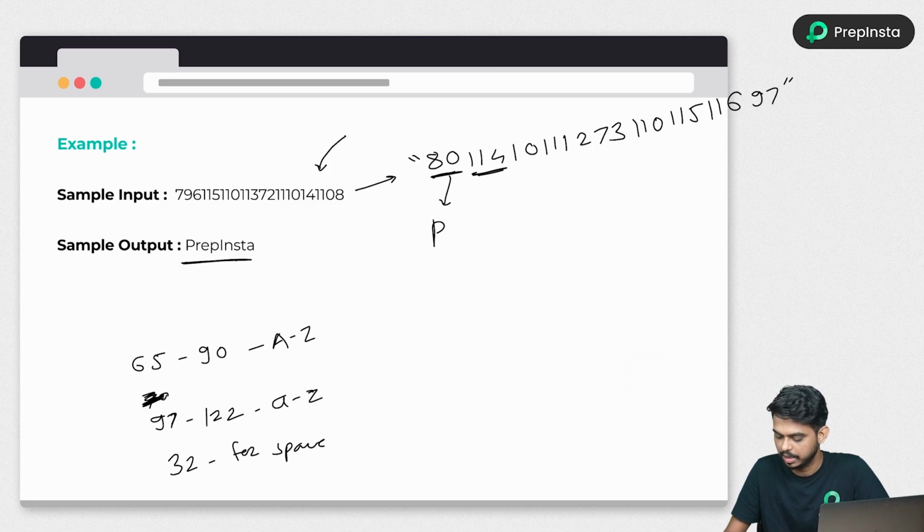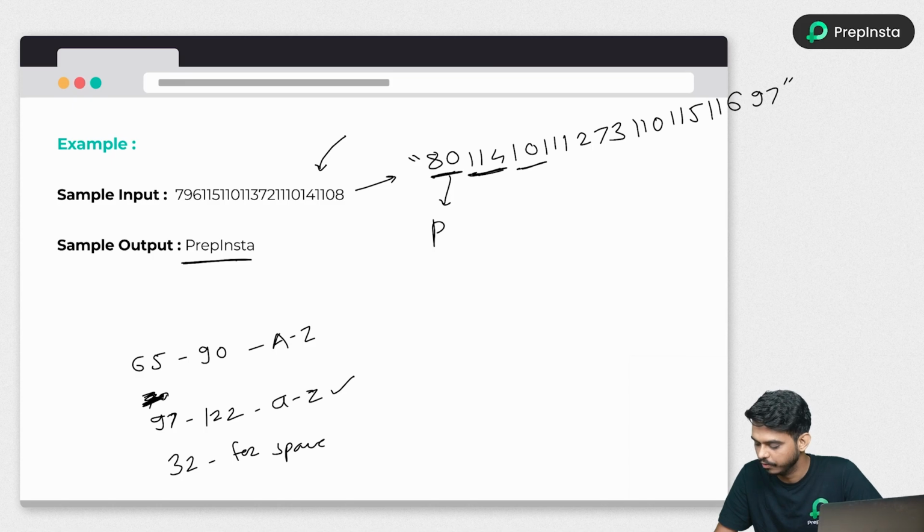So these characters are going to be ASCII values in this range only. So 114 makes sense here, and then we cannot have 10 as an ASCII value, right? Since there's no range that we have for 10, so it is going to be 101. Then we have this